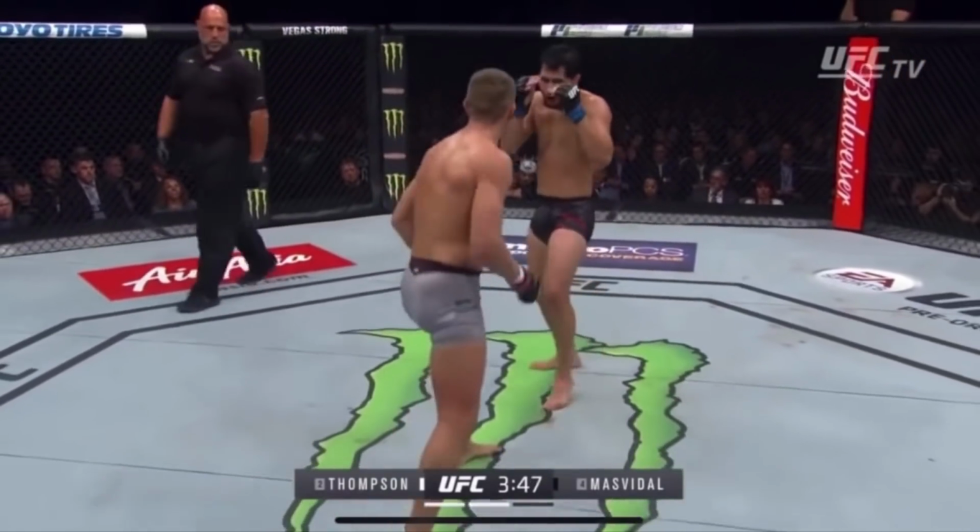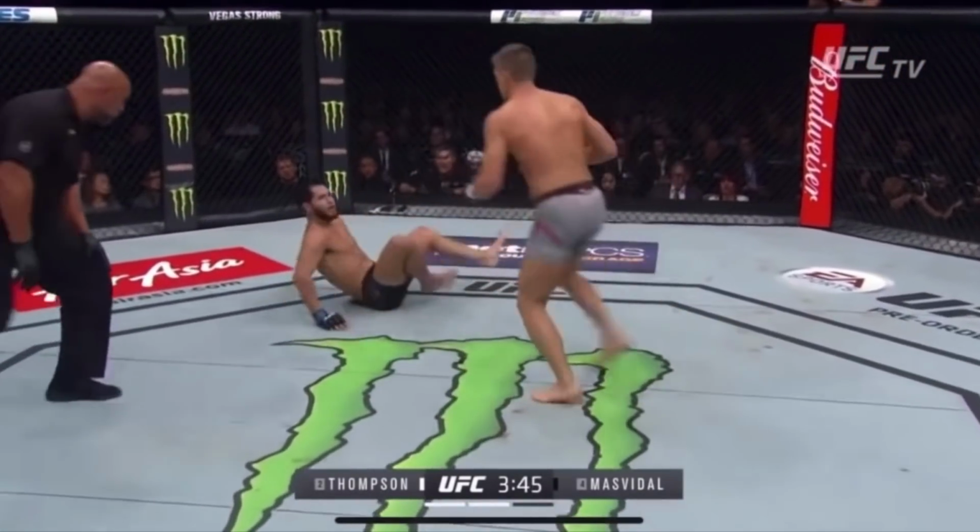So let's start off, guys, and talk about Stephen Wonderboy Thompson's footwork. And I want to look in detail at this clip where he cuts the angle and lands the cross. Now, many people are so used in fighting to staying right in front of their opponent. They'll stay right across from them, they'll exchange shots. But because Stephen Wonderboy Thompson is so good already at moving forward and back, why not add in the sideways